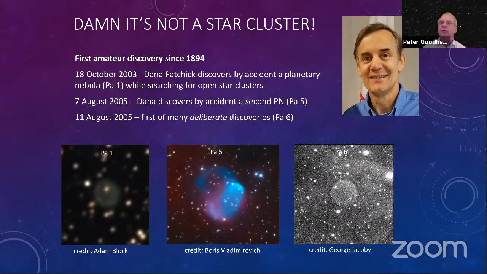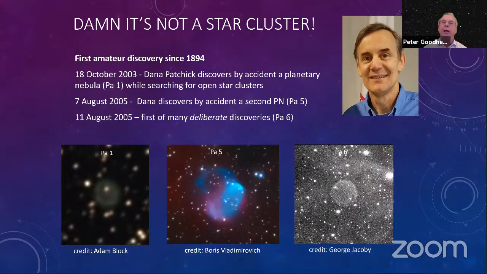A point about nomenclature here: when a planetary nebula is discovered, the convention is that it's given the first 2 letters of the discoverer's name and then the sequence number within the catalogue of all of their discoveries. If more than one person is involved in the discovery, then the first 2 letters of their names are combined together. So, you'll see that occurring a lot later on.